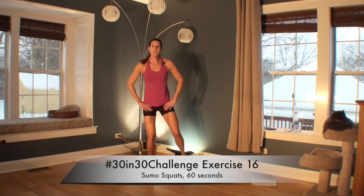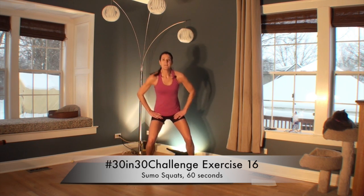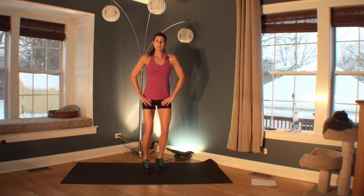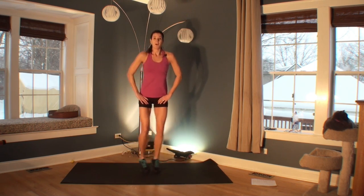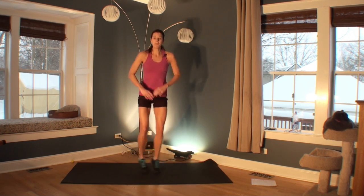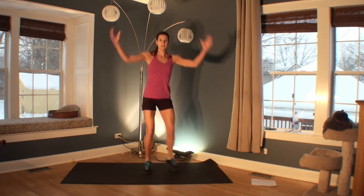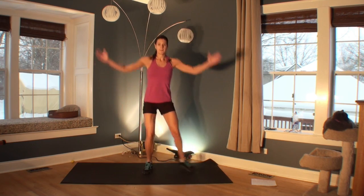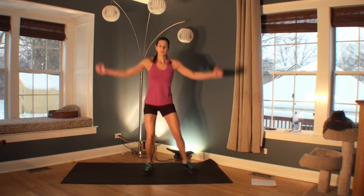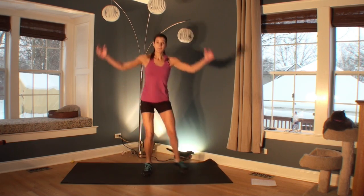All right, welcome to your next exercise. Now this is a sumo squat. So here's level 1, you're just stepping out to the side. All right, level 2, you've got like a little pop in the middle. It doesn't have to be a jump. Level 3, you add the arms. Okay, so it's really just like a side squat, but the arms really add the intensity and the depth and